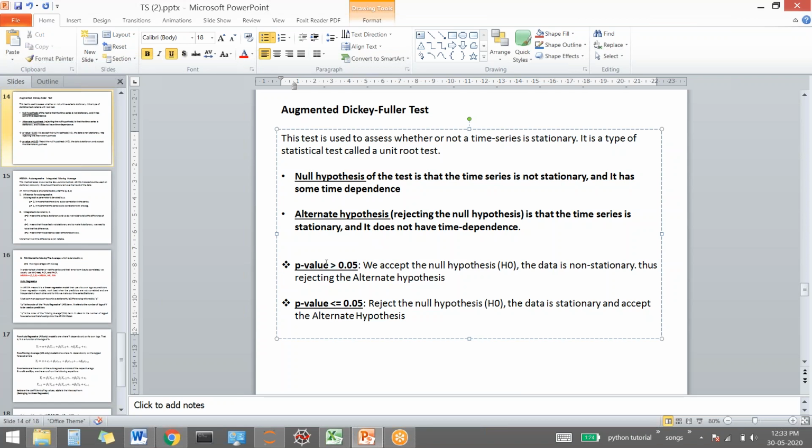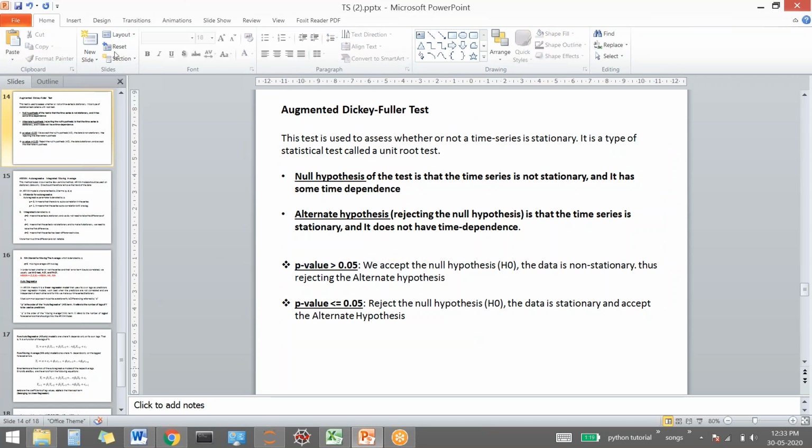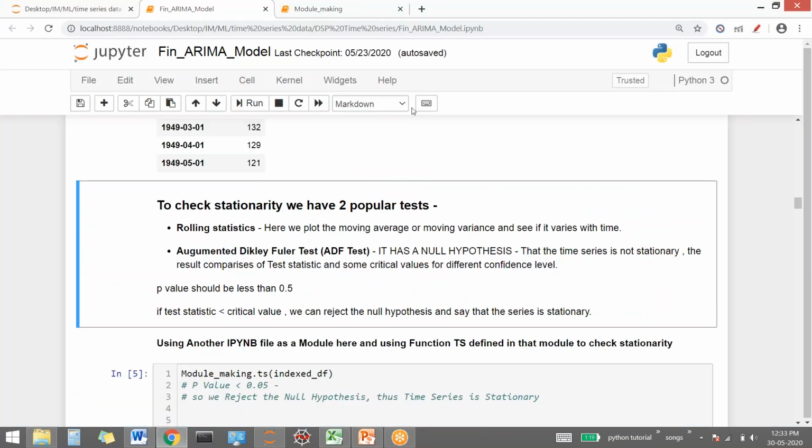And if the p-value of the data fed into Dickey-Fuller test is less than 0.05, it means we reject the null hypothesis. Matlab, what was the null hypothesis? That time series is not stationary. It means we are rejecting it. It means we have achieved stationarity in our data. तो अगर मेरी p value less than equal to 0.05 आती है, मतलब data मेरा stationary हो गया है. If greater than aati hai, then it means we have not achieved stationarity and we need to make much more transformations into the data. Okay, so we'll be using Dickey-Fuller test and rolling statistics in order to see that have we achieved stationarity on data or not.